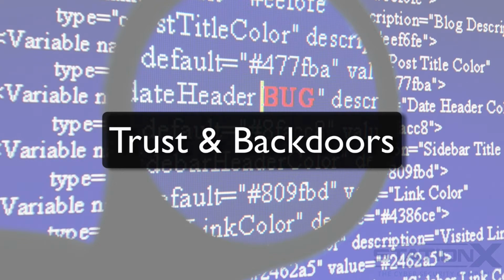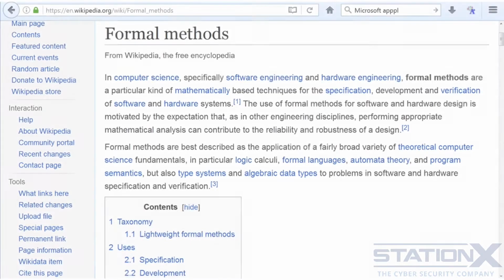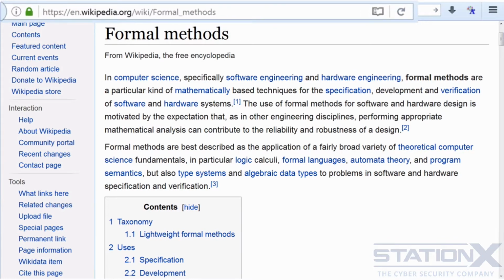Another approach to try and help protect us from these known vulnerabilities and bugs is to use what is called formal methods in software engineering. Software is fundamentally a mathematical system. Therefore, you can prove the correctness of a system through testing and proving properties of that system. This way, you can provide complete evidence of correctness, meaning no matter what inputs the system receives, it will always compute the right values. This isn't a new concept.